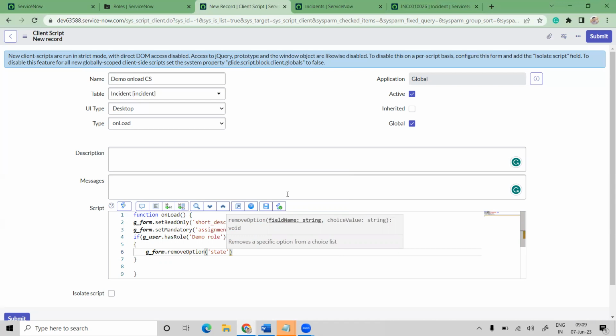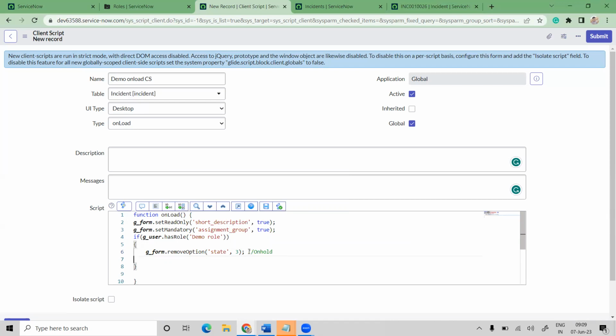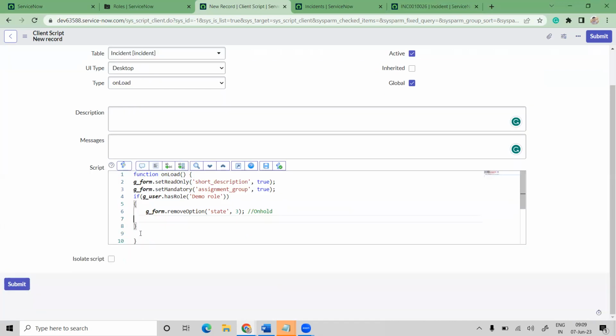State is a choice list, right? The backend value of on hold is 3. So as I have given this one, on hold. You can verify that later whenever you have time, and just come out of the if condition. If the logged in user has a specific role, we are going to remove this